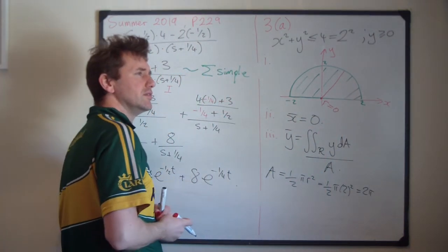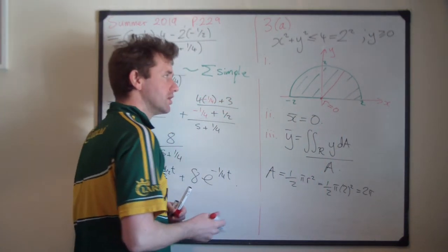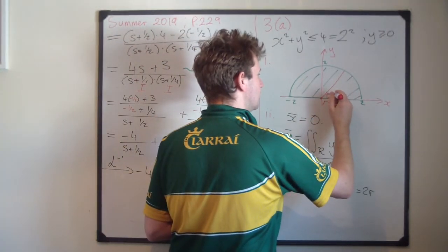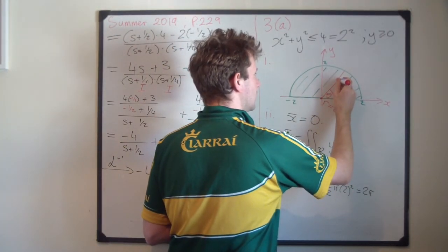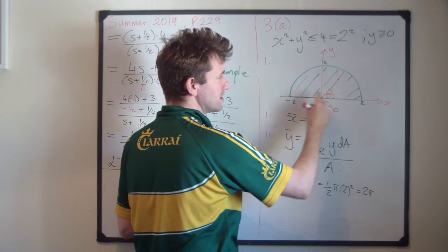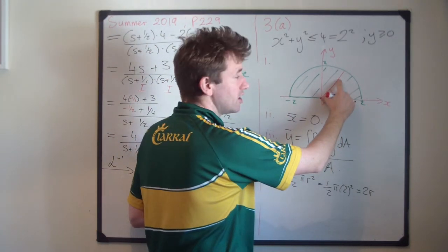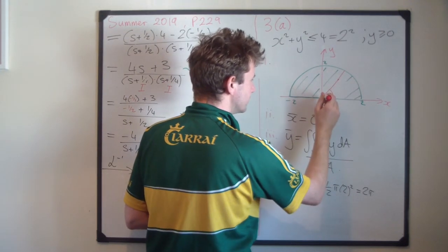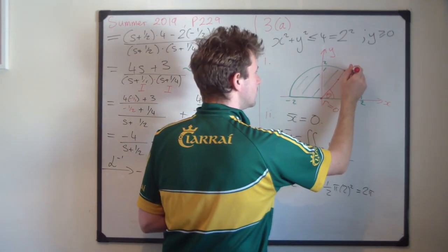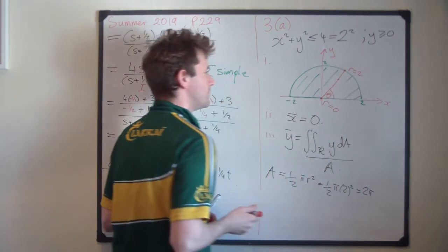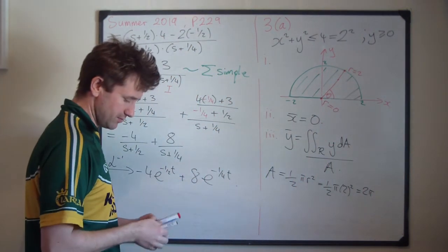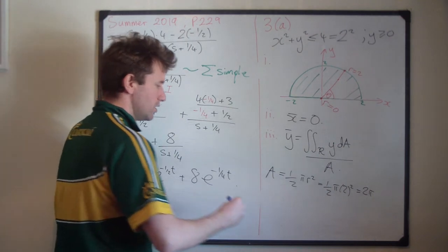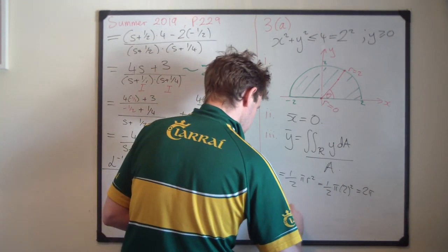So r is a different coordinate system, r and theta, where each point is given by the angle that it makes with the positive x-axis and its distance from the origin. And we want to add up y over all this region. We want to add up from r equal to 0 to r equal to 2. Okay. Now there's a few things, I'll write them down here. So we're changing from